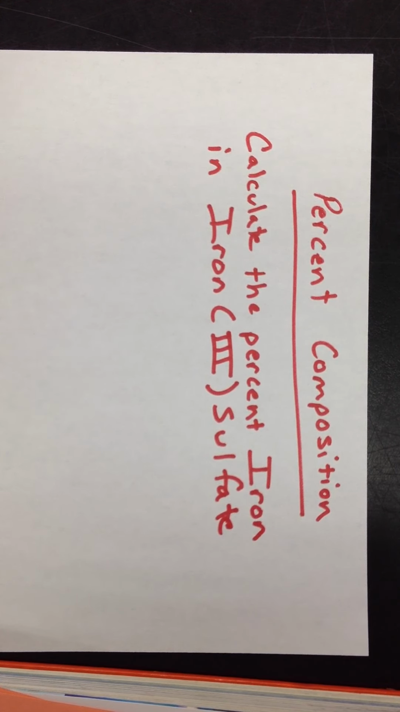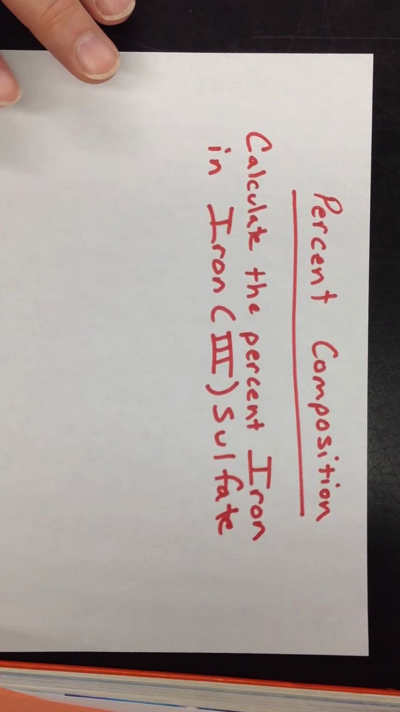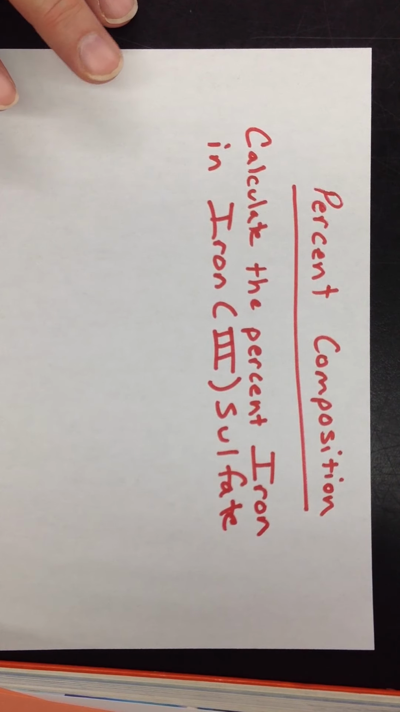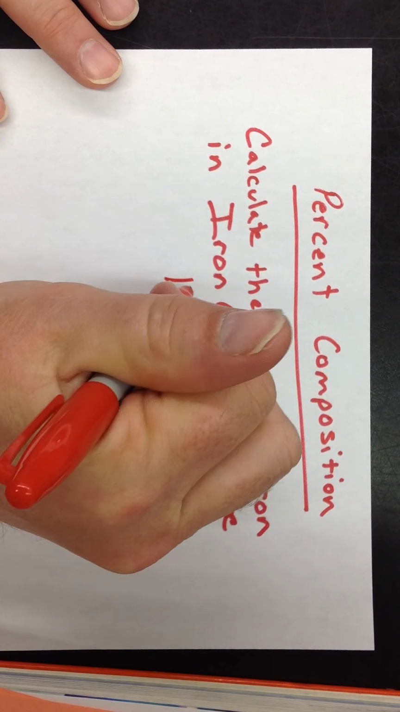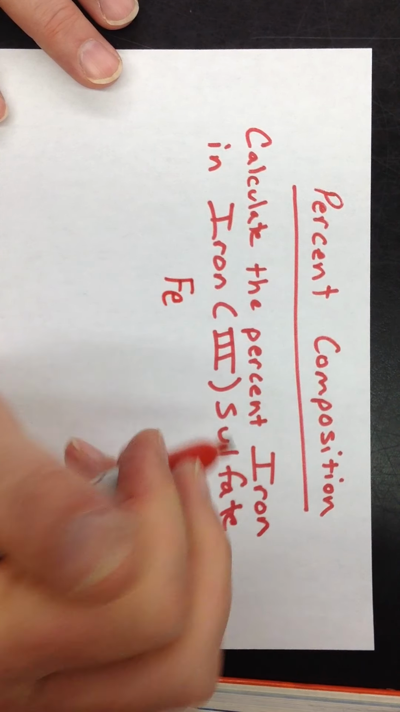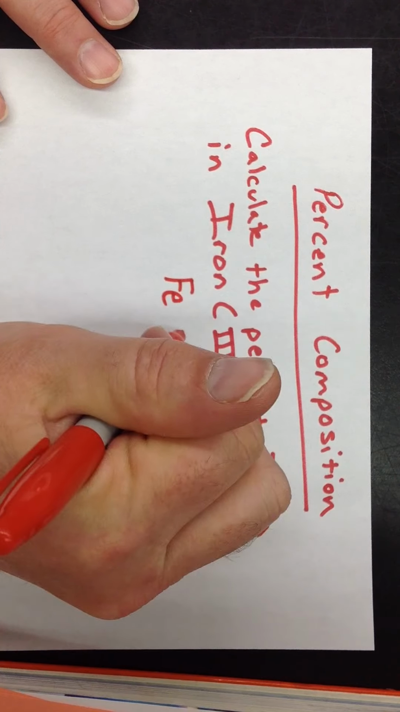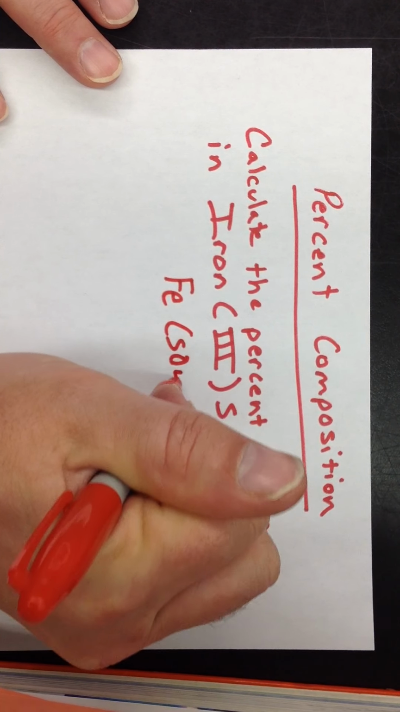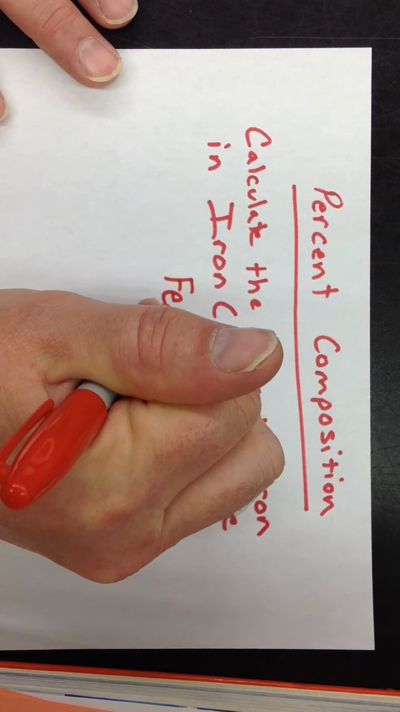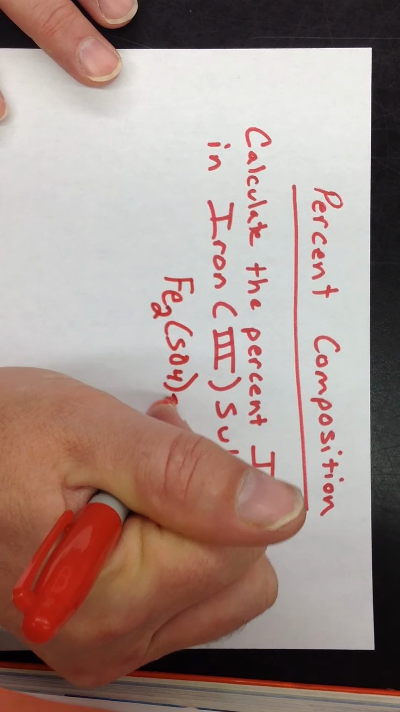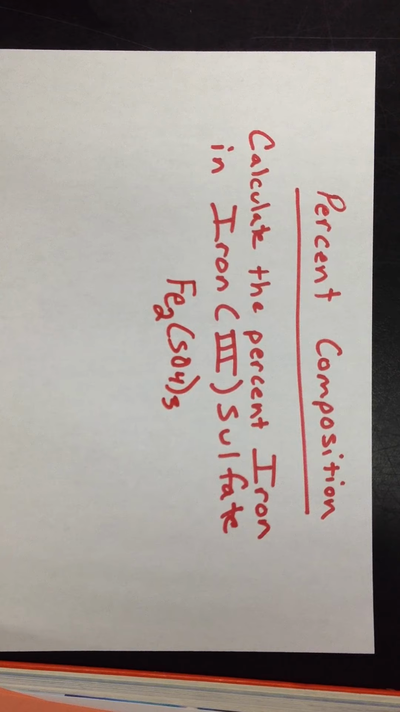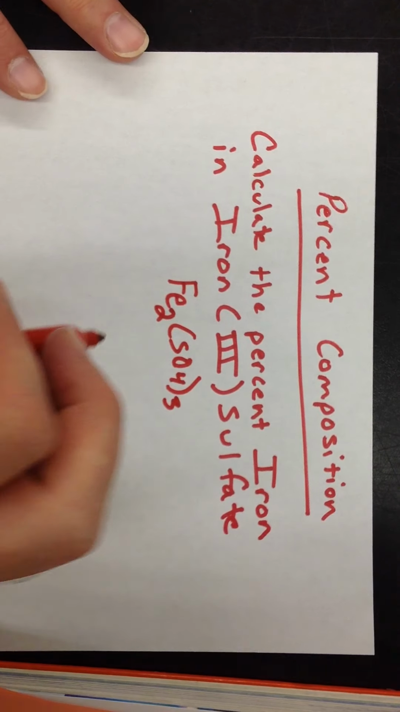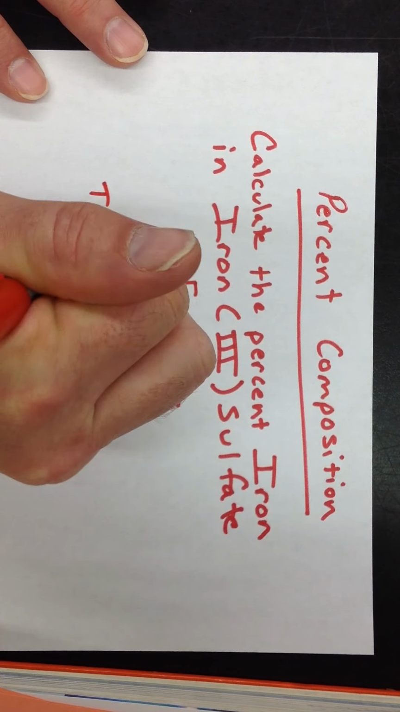We'll jump right in for a quick problem on percent composition. Calculate the percent iron in iron(III) sulfate. First thing we need is this formula. Iron with a +3 charge would cross over with sulfate's charge, so that your final formula would be Fe2(SO4)3. Okay, now that we've got that, to find percent composition, you need to find the total mass